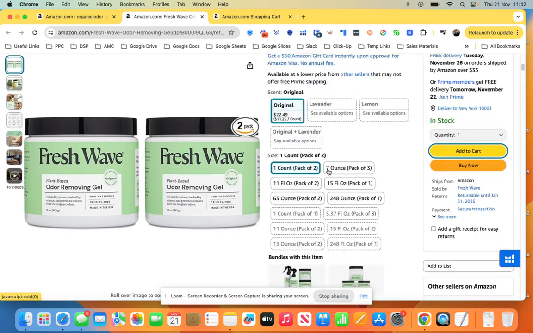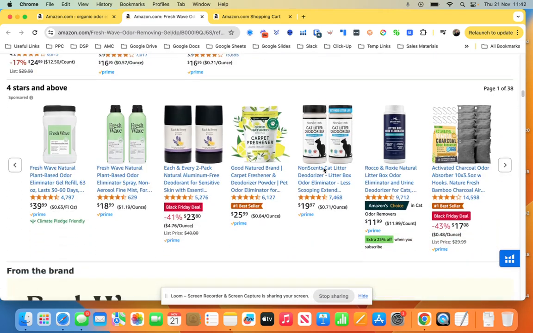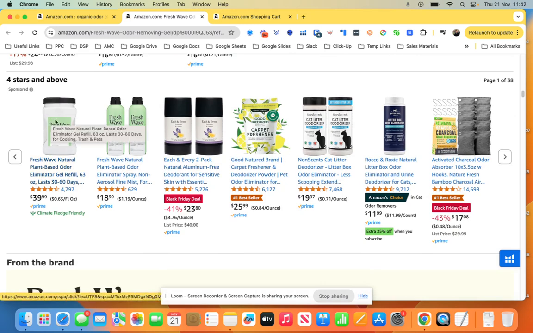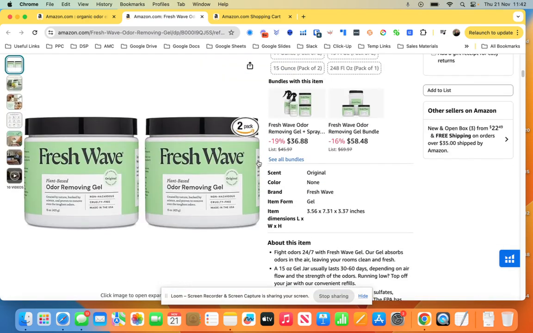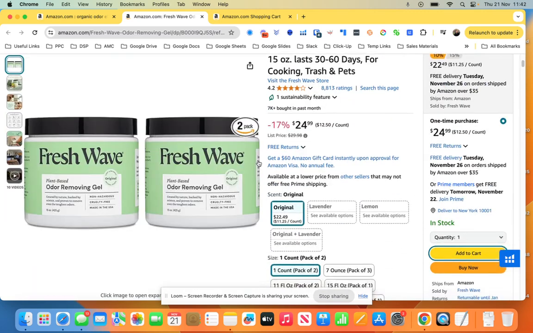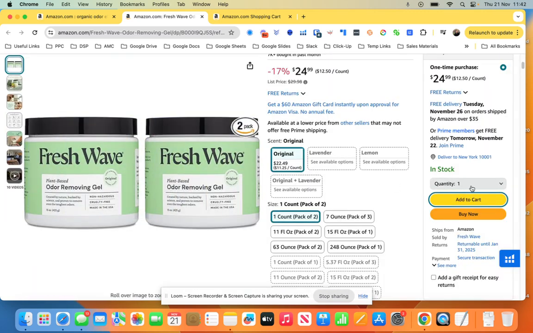Now, if people scroll down and decide they're not going to want to buy this product and they look here, they can see the sponsored ads here, and this is the product detail pages section here where your ads can appear, will appear on a paid ad. So this is one area where it'll appear, but if someone also then decides, okay, I like this product, Fresh